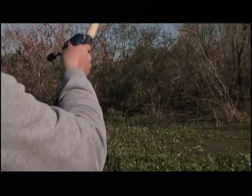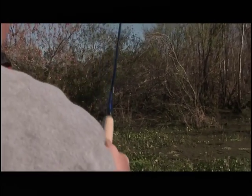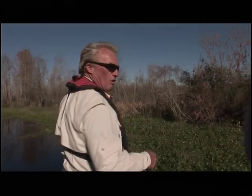What do you think of this rod, Jake? Oh, I love this rod. Here in Florida, I probably catch more on a crawler than